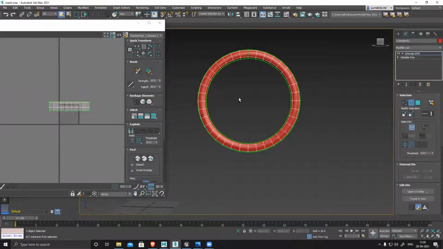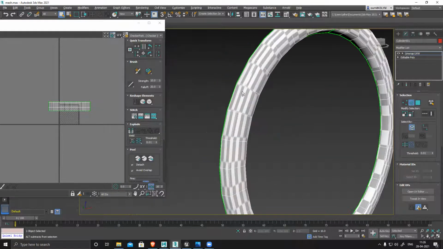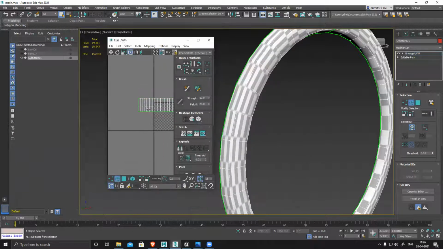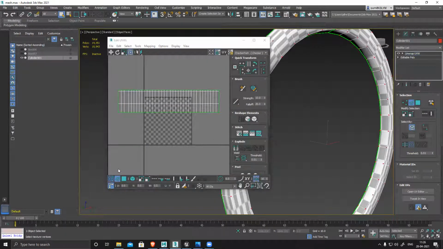And now just apply a checker pattern, and I can clearly see it's fully stretched. Vertex mode.